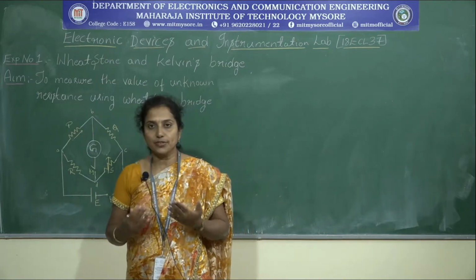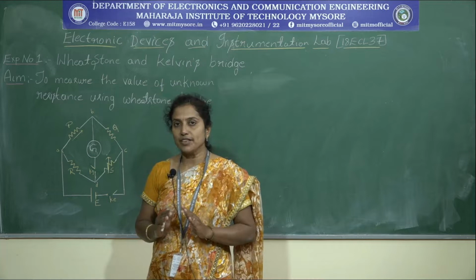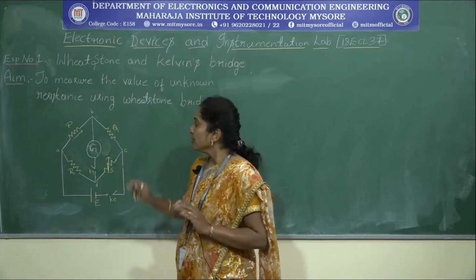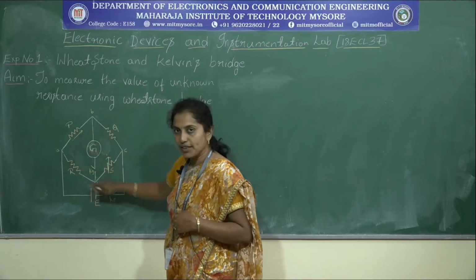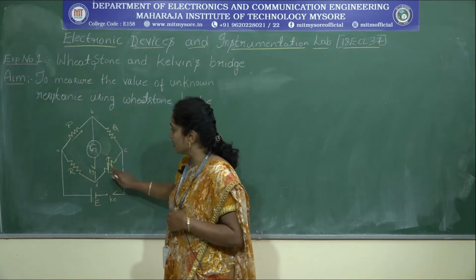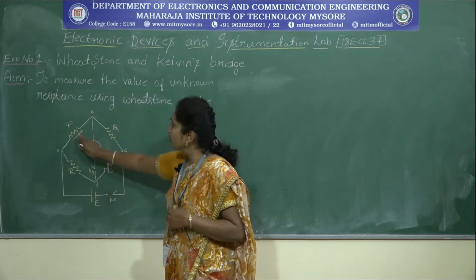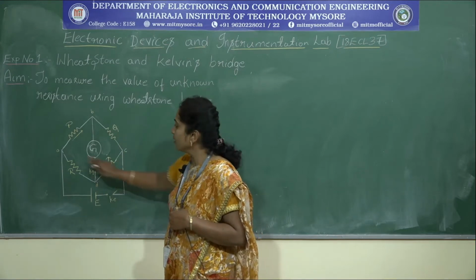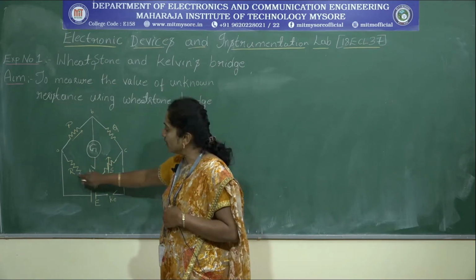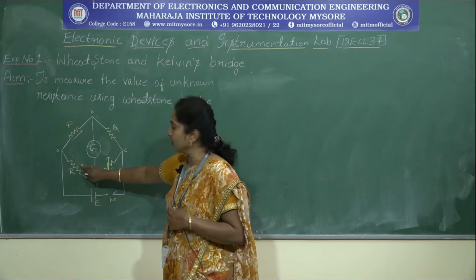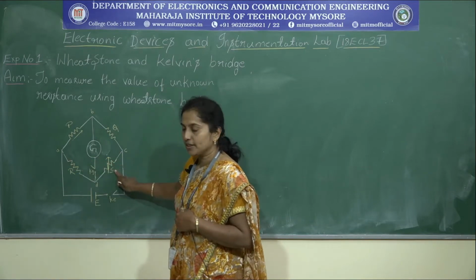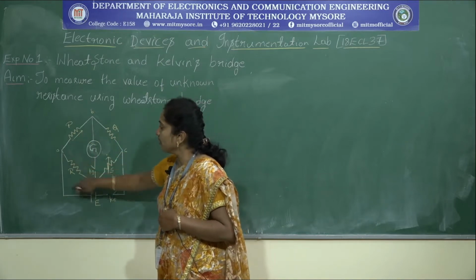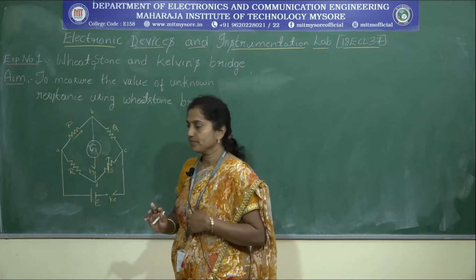Let us know what the Wheatstone bridge is. The Wheatstone bridge is also called a resistance bridge. It is a bridge-like circuit with 4 resistors. Out of the 4 resistors, 2 are known resistances, 1 is a variable resistor and 1 is the unknown resistor. We find the value of the unknown resistance with the help of the variable resistor, balancing between P and Q.